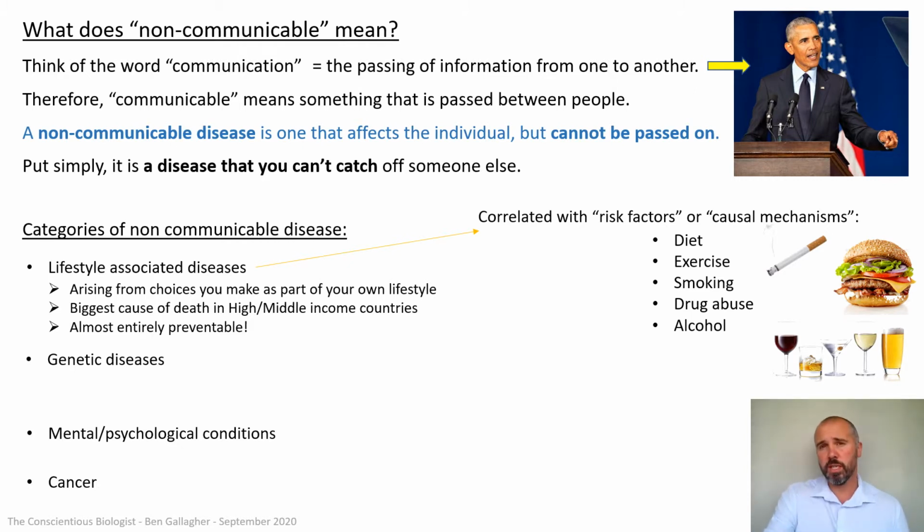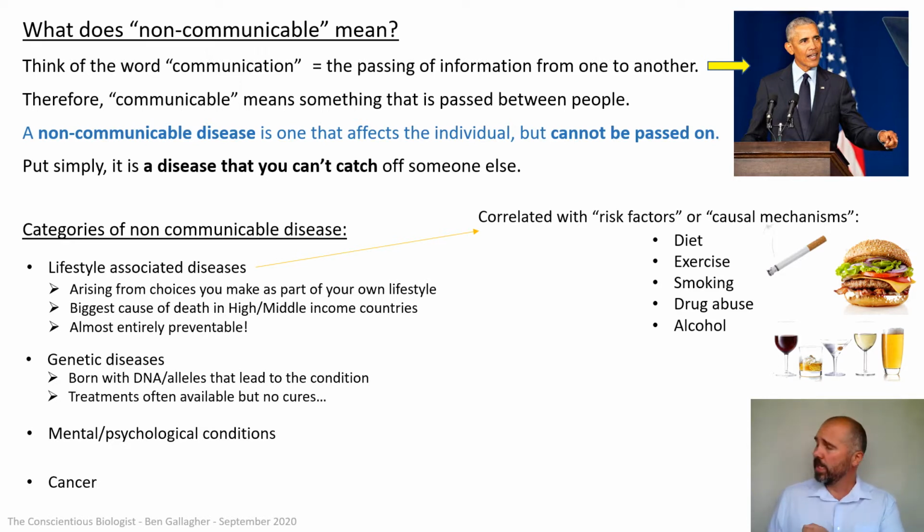Now, hopefully you've watched the genetics lessons already, and certainly the sort of cell biology ones on proteins and DNA. So genetic diseases, what we're talking about here is that you're born with DNA or specifically alleles, and an allele is a version of a gene that leads to the condition. What we're saying is that your body makes the wrong protein. It should make all the proteins to keep you fit and healthy and everything functioning properly. But if you're born with a faulty allele that makes a protein that doesn't do its job, then the lack of your body's ability to do that job gives you a disease, whatever that could be.